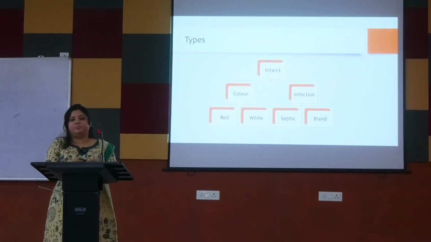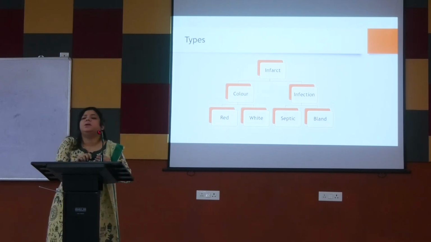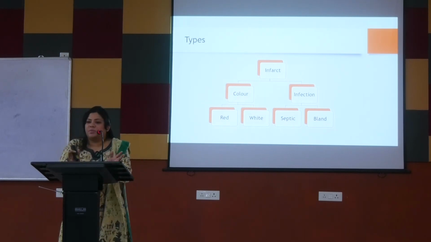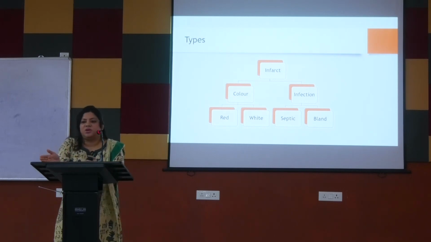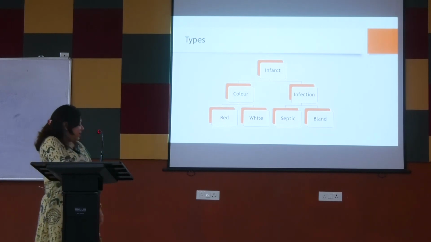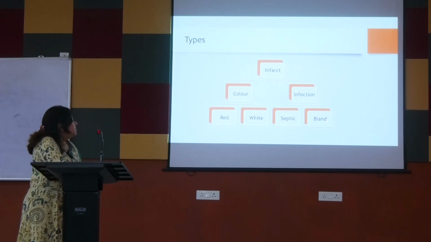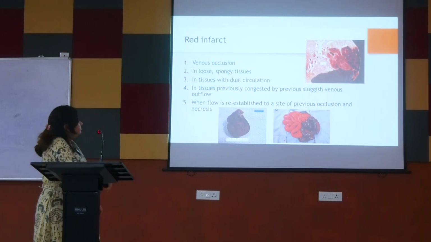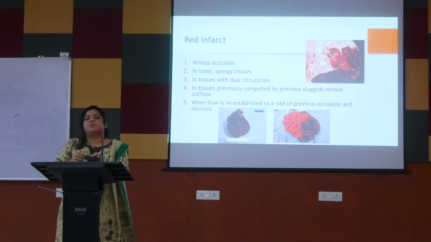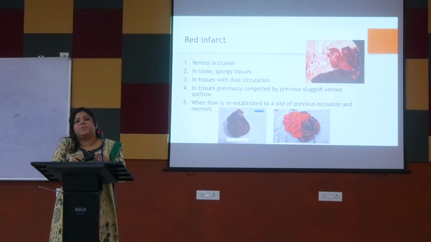Next, types. The types of infarct can be most importantly by color, red infarct and white infarct. But also the presence or absence of infection we can classify according to that also. So it can be septic or bland. So red infarct and white infarct, septic infarct and bland infarct. Red infarct. Causes of red infarct. So firstly, it will happen in a case where there is venous occlusion. Venous occlusion will give rise to red infarct, like